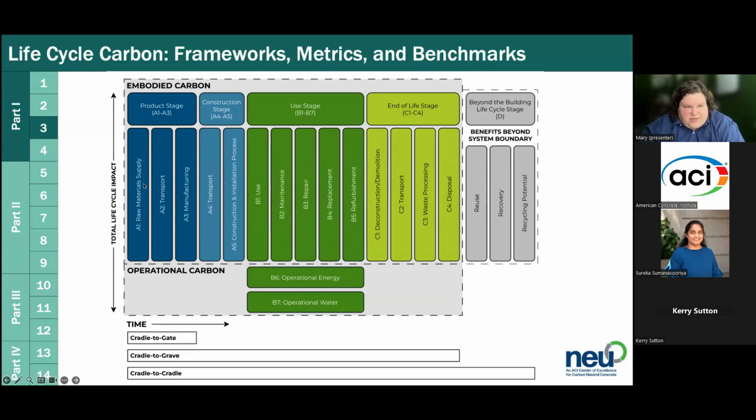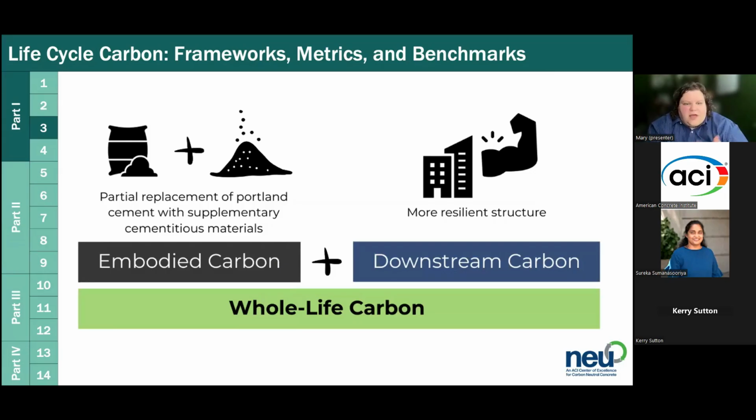But what we want to do is get away from just looking at this early part, because as it turns out, this early part is where the bulk of the emissions come from when it comes to material production. That makes sense, right? Especially in the case of cement, where we look at what's happening in the kiln. So we definitely still focus on that and acknowledge that it is significant, but also look downstream and ask: is there anything we can do in our material selection, or maybe even mix design or proportioning, that can save us some carbon later? And so we want to look at whole life carbon.